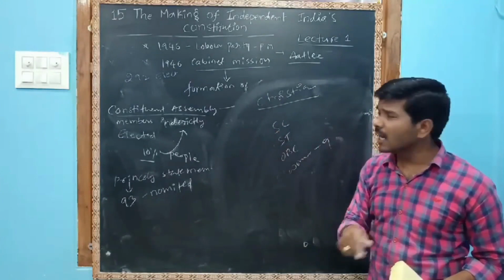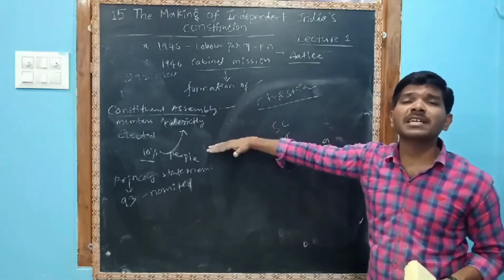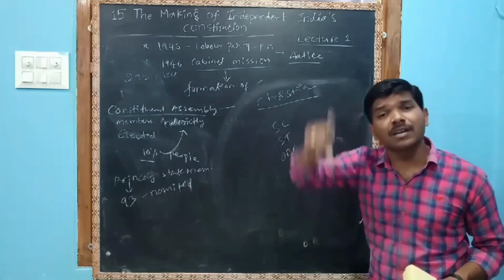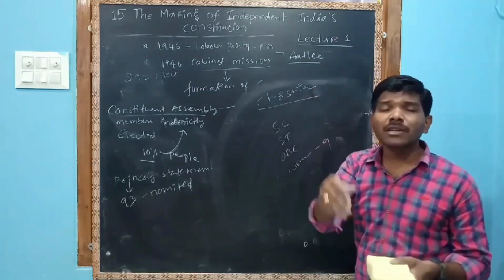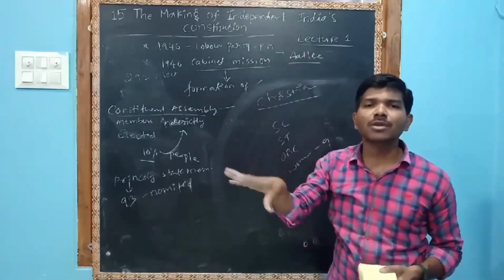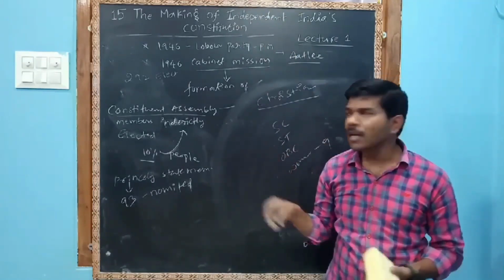You have to understand that they do not represent the entire country. Constituent Assembly members did not represent the country at that time, but whatever they wrote in the constitution represents the country, all of it. Okay. Next,